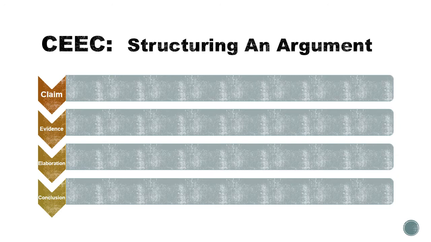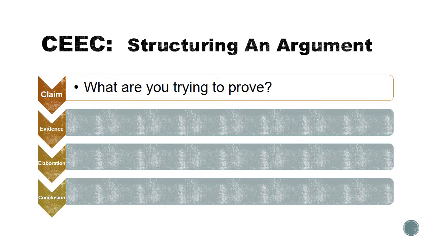So if you start with the claim, then your claim is basically what you're trying to prove. So you should ask yourself, what am I trying to prove? Whatever you're trying to prove is your claim, and you should write that out as a sentence. And that's it. That's your claim, the thing that you're trying to prove. Your evidence,